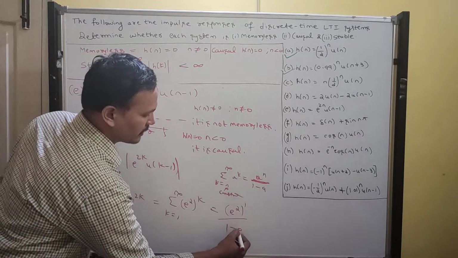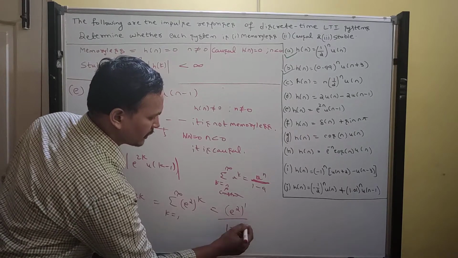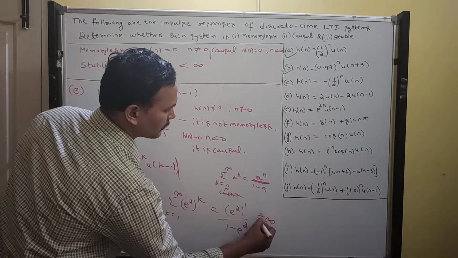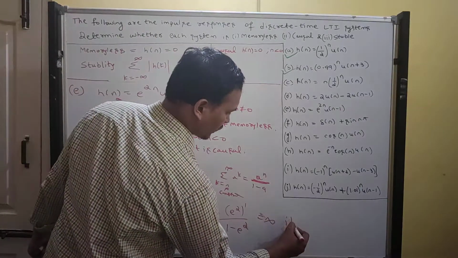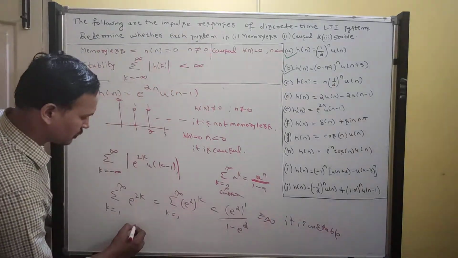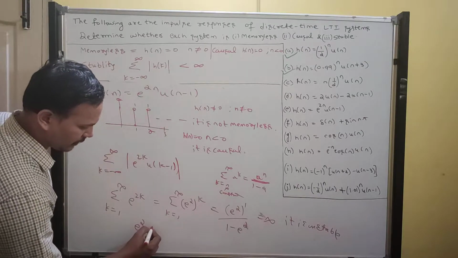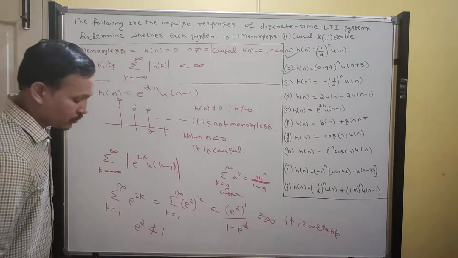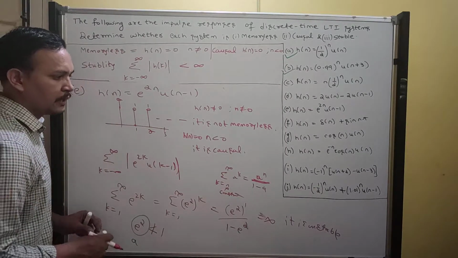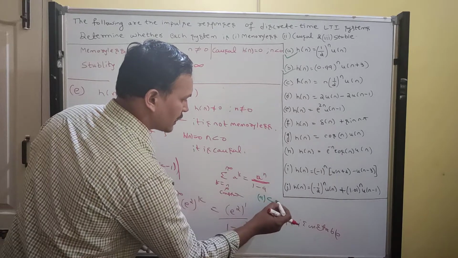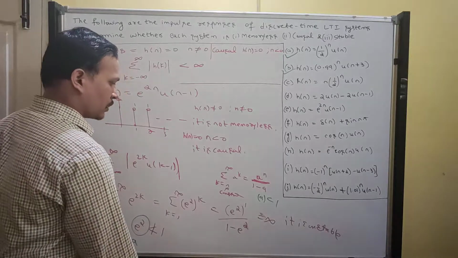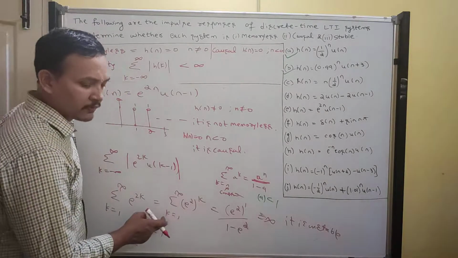Now 1 minus a is 1 minus e square. See, this value you will get is infinity. Therefore, I can say it is unstable. Why unstable? Because the e square value is not less than 1. What is e square in our problem? E square is a. I told you this formula is applicable only when mod a is less than 1. Then only you can apply this formula. Got it? Otherwise, we don't have a formula for this.